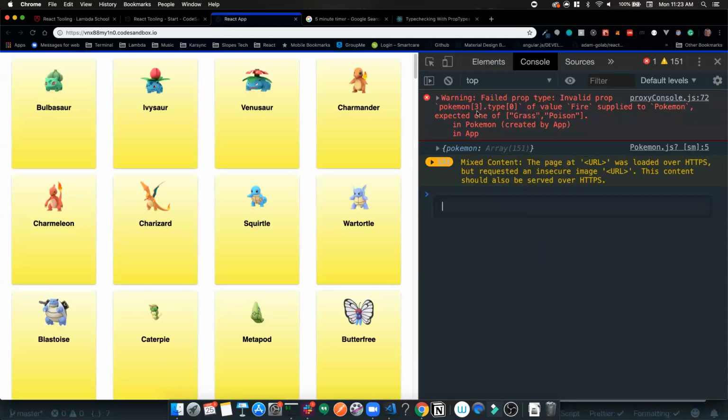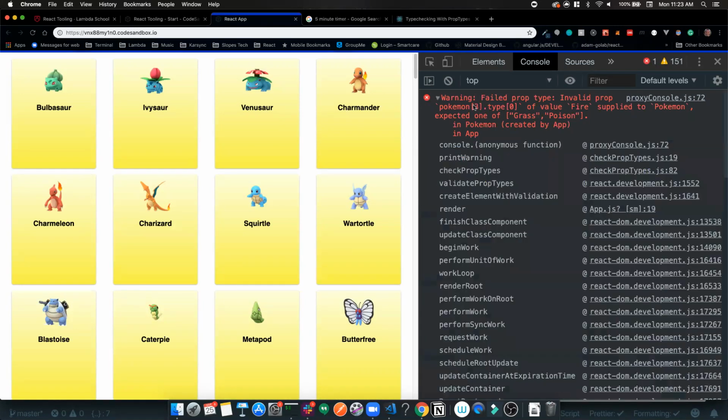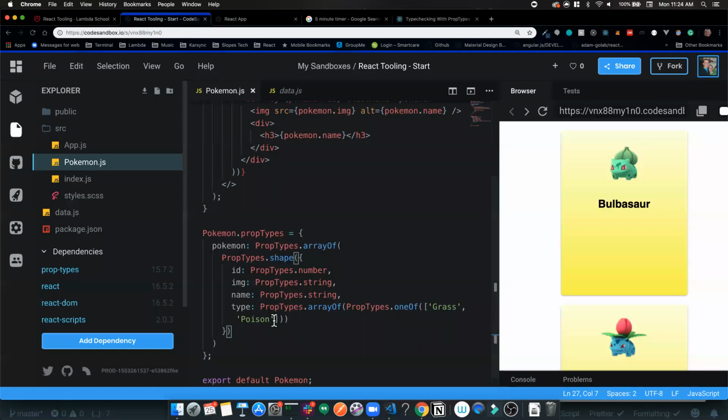Ah, perfect. So we got past Bulbasaur, Ivysaur, and Venusaur, and now we're on to Charmander. So we got past the first warning we were getting. Now we're getting that the type for Charmander is fire, but we only told it to expect grass and poison. So there's one way we could do this to clear out this error. We could throw fire in here,